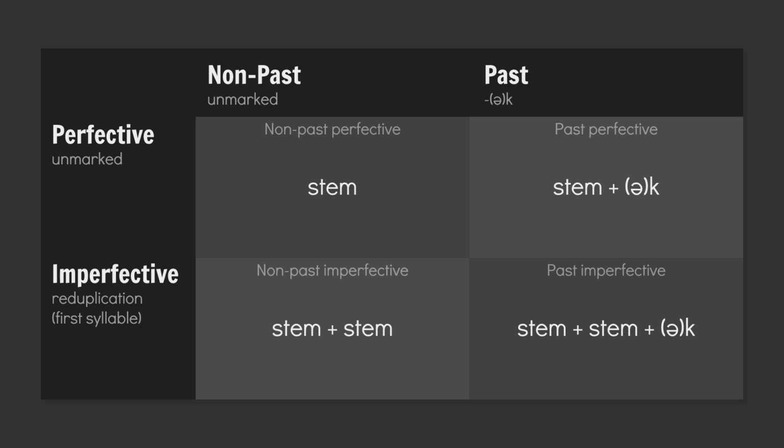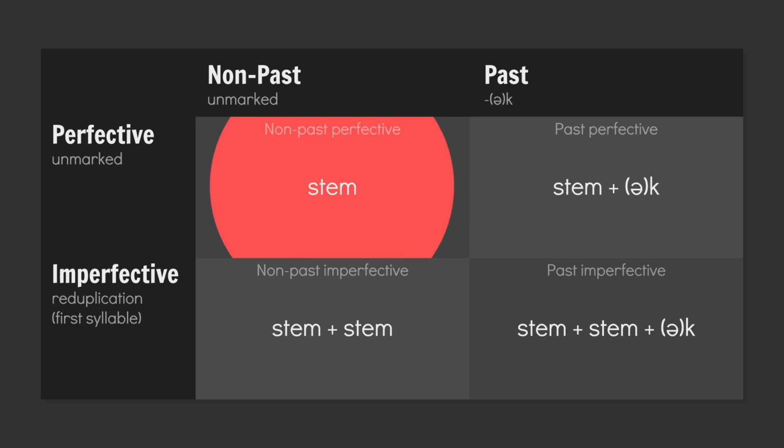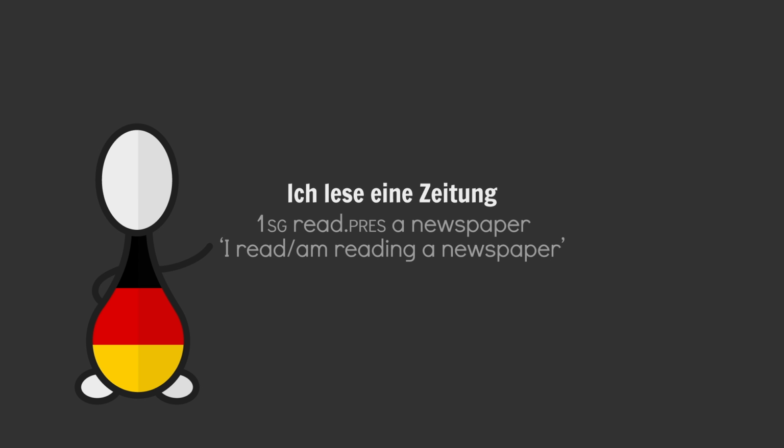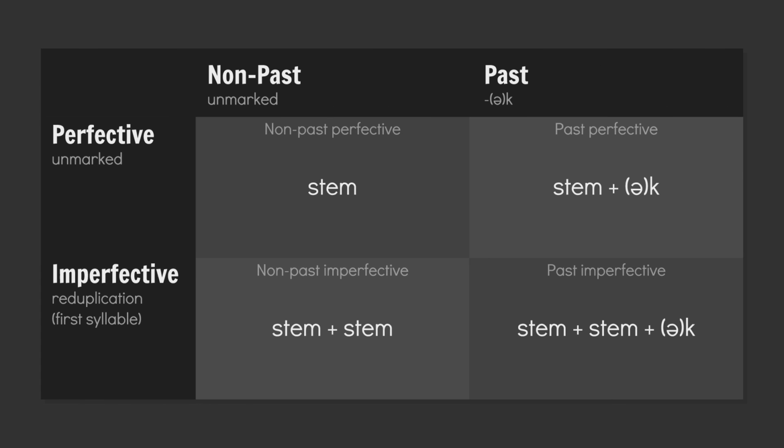Now, this works as a basic framework, but always think about how exactly your tense-aspect combinations might be interpreted. Many languages don't distinguish between the perfective and imperfective in the present tense, since most of the time, if the verb is happening right now, defining it as either instantaneous or ongoing isn't really relevant. Sure, like how in German, ich lese eine Zeitung can mean both I read a newspaper and I am reading a newspaper. Exactly. So in OA, while the non-past perfective is used as a basic present tense, the non-past imperfective could be used to imply that the verb happens not just in this present moment, but as a general truth, giving us a habitual aspect.